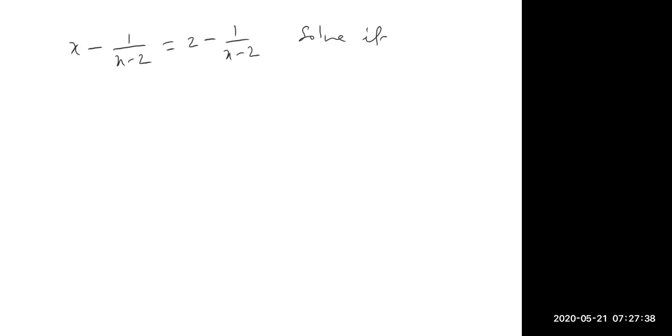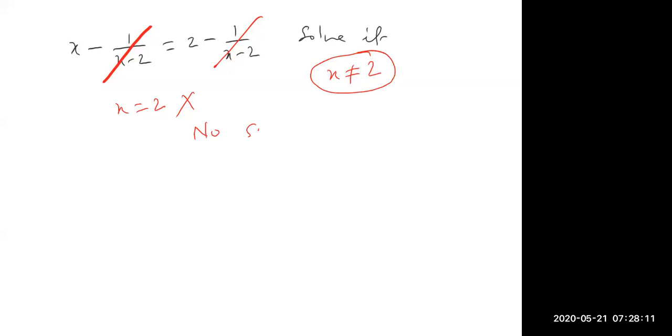Suppose I have to solve it. So immediately, again, what will you do? You will try to cancel this with this. Without observing that, before cancelling, you must write that x cannot be equal to 2, because if I put x equal to 2 in the function, it is not defined. And then you are getting the same solution x equal to 2, which I have to reject because of this. So finally this equation has no solutions.